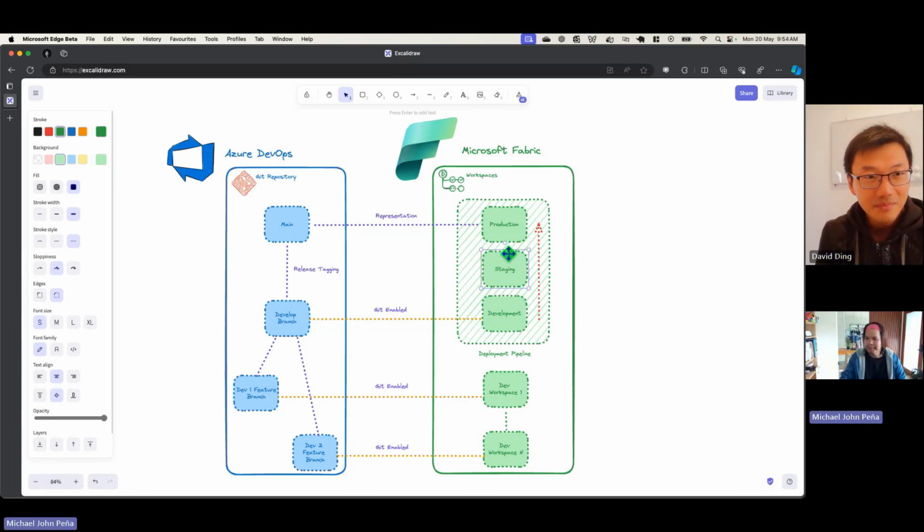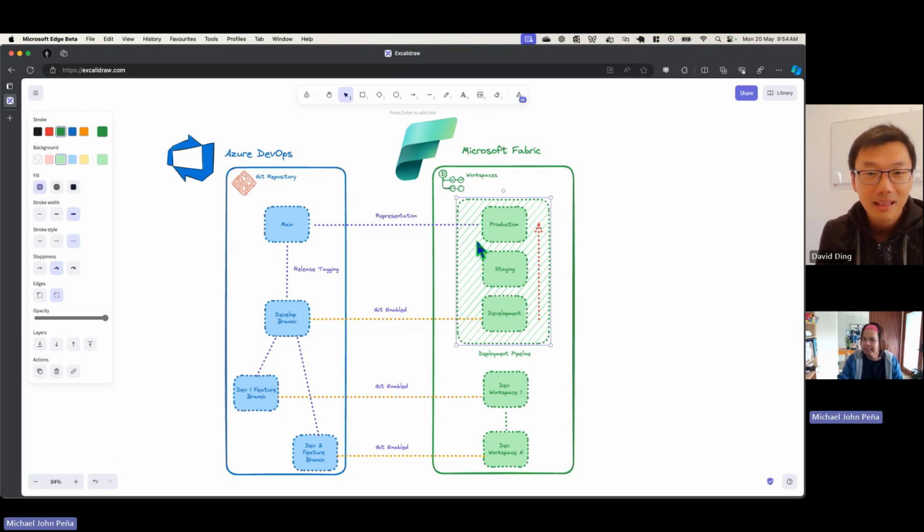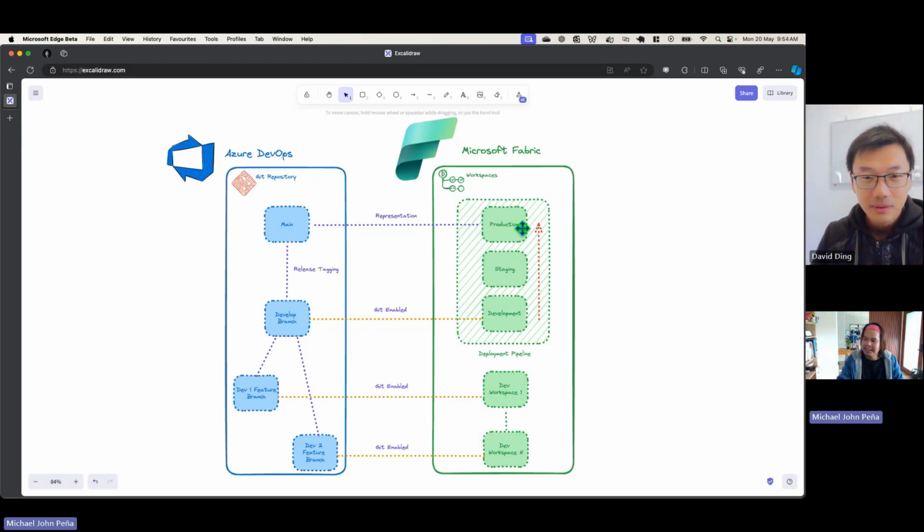Yeah, exactly. But at the same time, now you're in that Fabric zone, you know what I mean? When you're doing this release cadence, you're not in the Fabric zone, you're not outside of the DevOps zone. Okay. Now, once it's released in production,